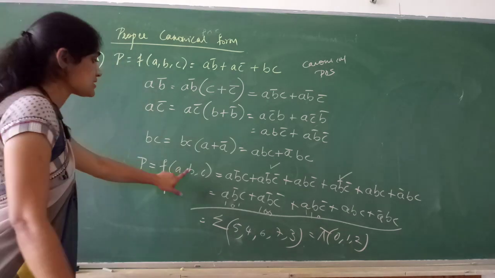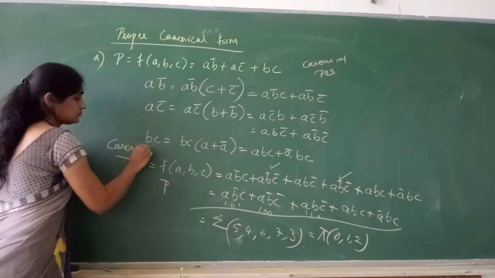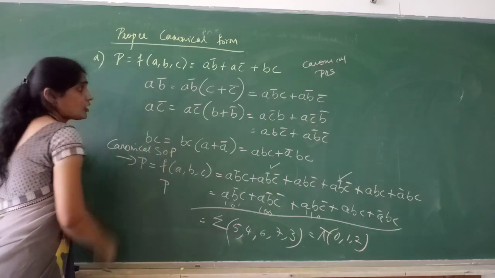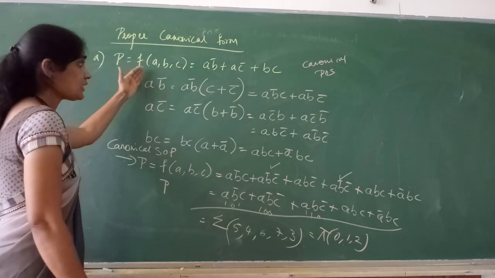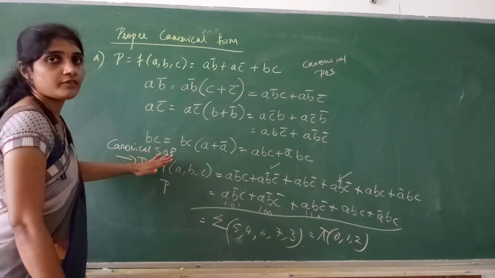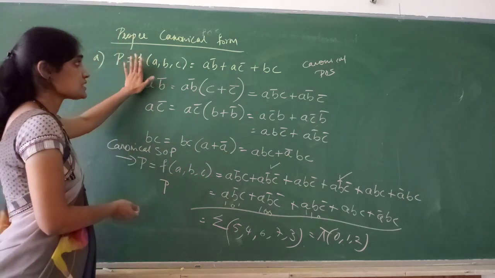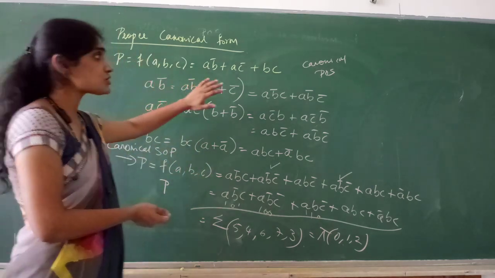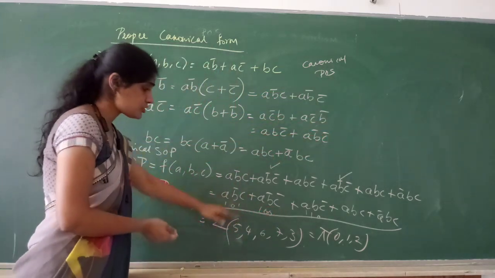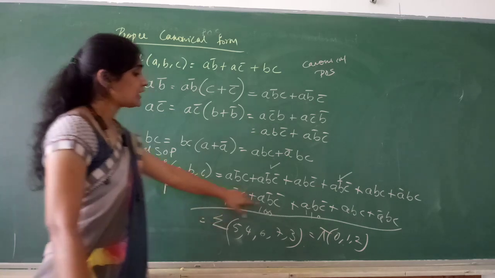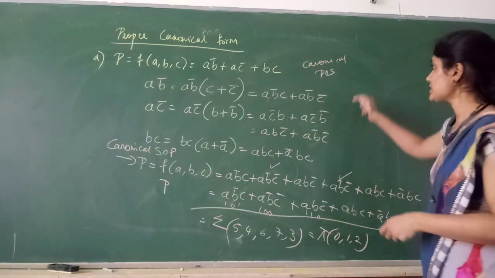Canonical POS. This is canonical SOP equation. The given equation is an SOP but not canonical. That equation we have put into canonical SOP form. If the given question is in SOP form and if you are asked to write the equation in canonical POS, what you have to do is, same procedure, write the mean terms, get the max terms. By looking at the max terms, now write the POS equation.